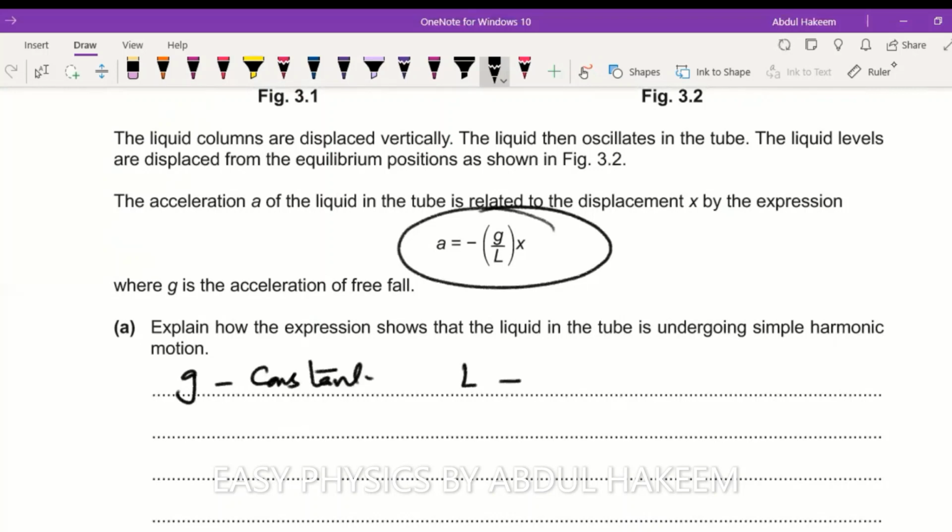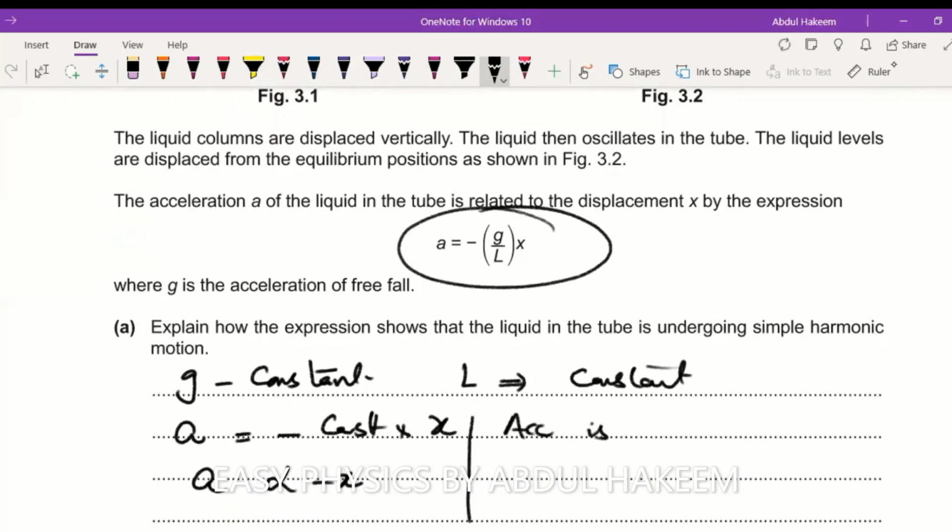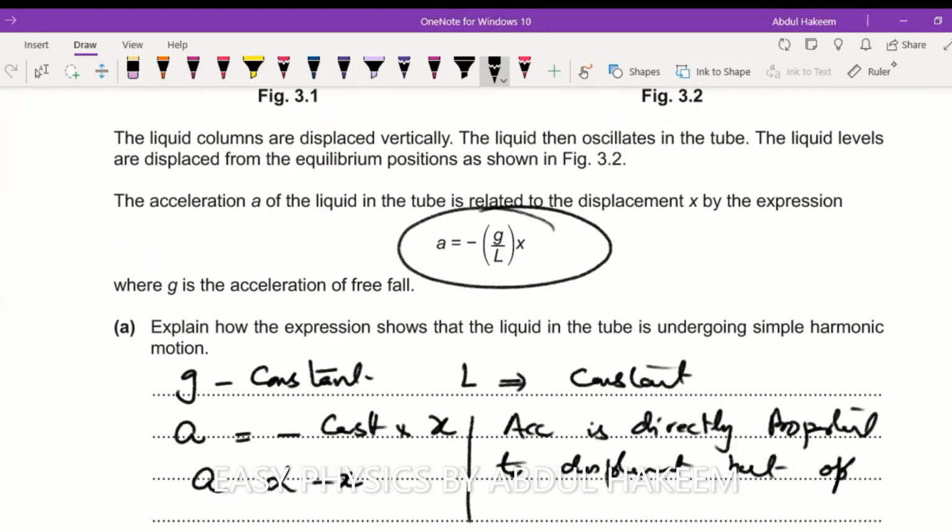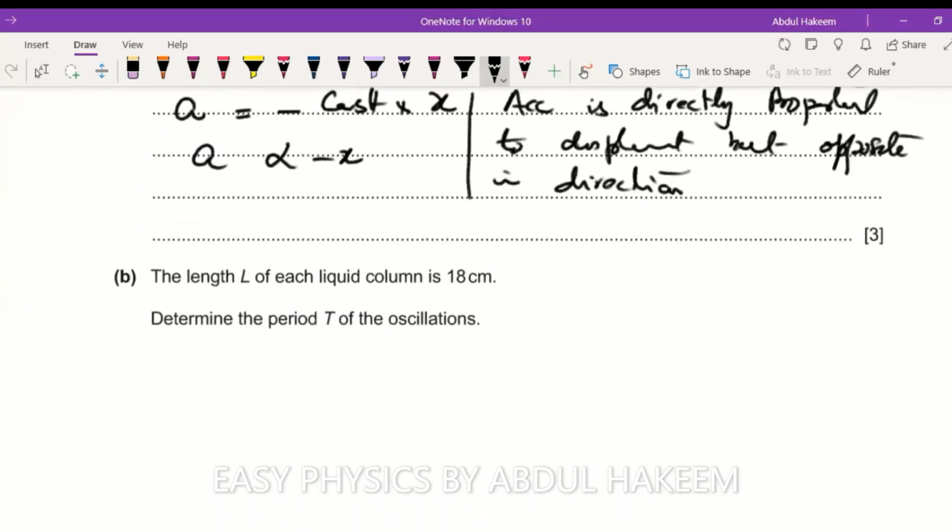So the total length of the column of the liquid is constant. So we can write a is equal to minus constant times x. It means a is directly proportional to minus x, which shows that acceleration is directly proportional to displacement, but opposite in direction due to the negative sign. This apart. Next,